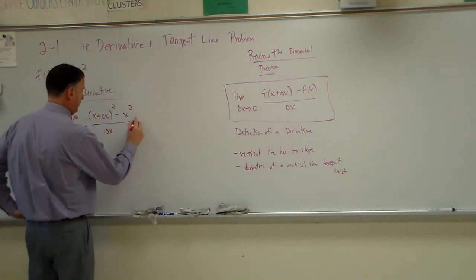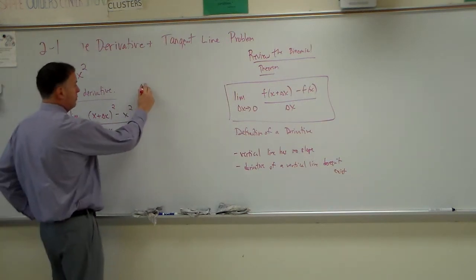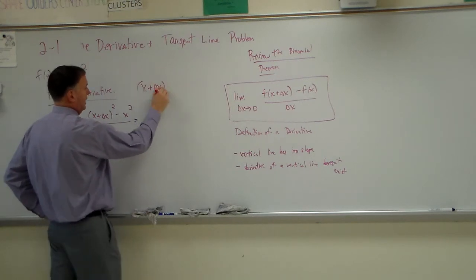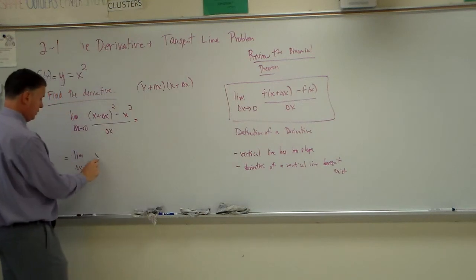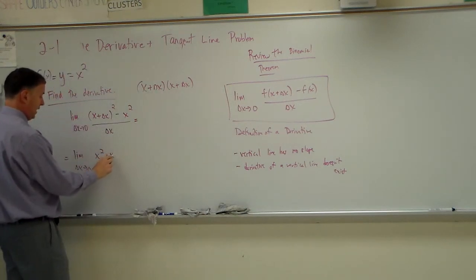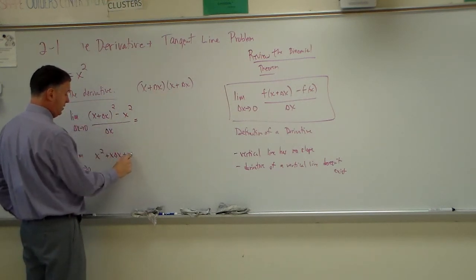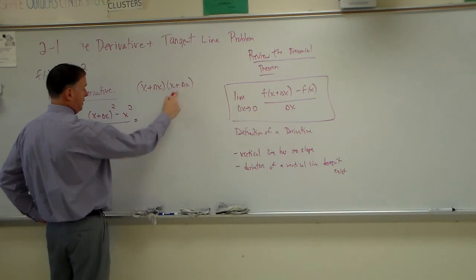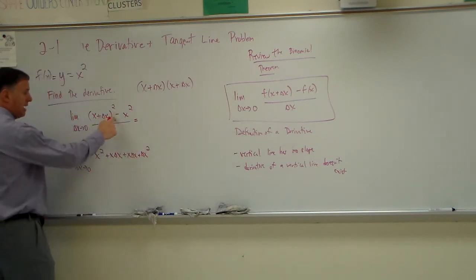So now we got to do the math. Do the mathematics. So I'm going to multiply this out. You should be getting good at this by now. X plus delta x times x plus delta x. X times x is x squared. X times delta x is x delta x. X times delta x is x delta x. Delta x times delta x is delta x squared. Minus x squared